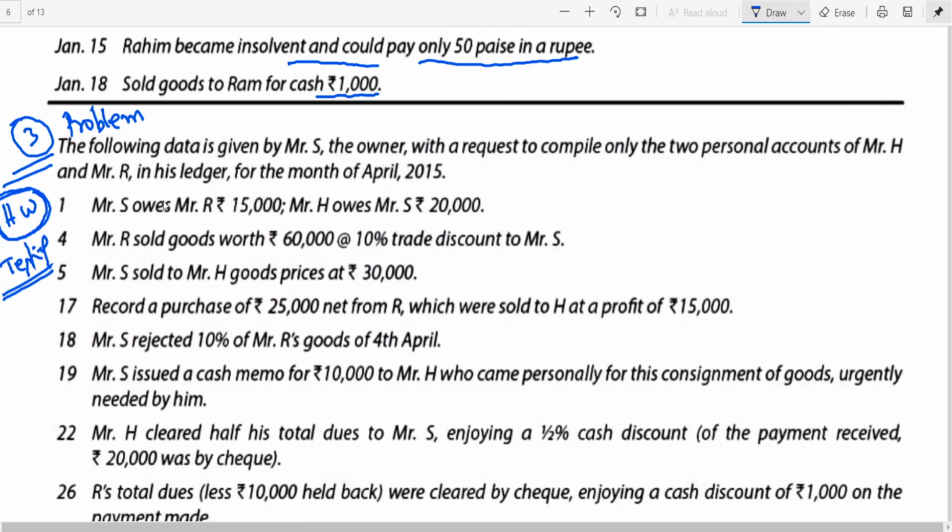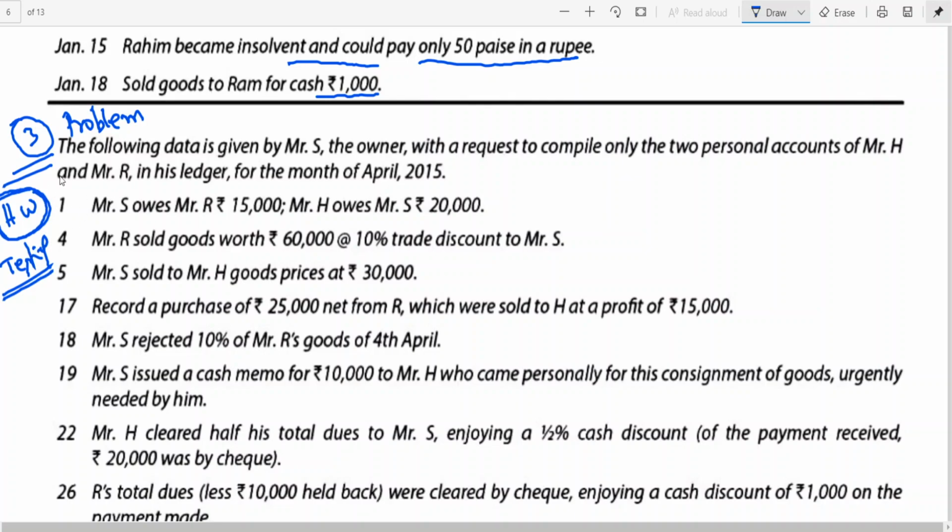If you want, you can take this. I will be taking it as a last problem. In the meanwhile, if you want to make an attempt, you can make an attempt of it. After understanding this problem, the second one, they are asking to open the ledger accounts. I think this will really test to what extent you are good in your 12th standard. Take this as a challenge. Anyhow, I will be working it out. No doubt, I need to explain this. But to what extent you can reach, that is what I want to test.